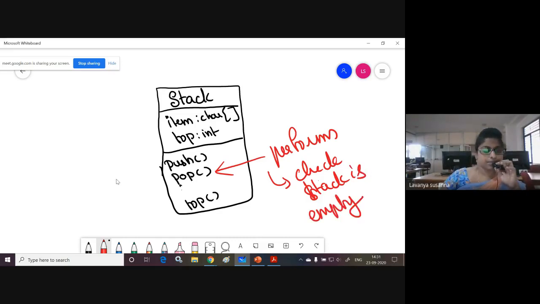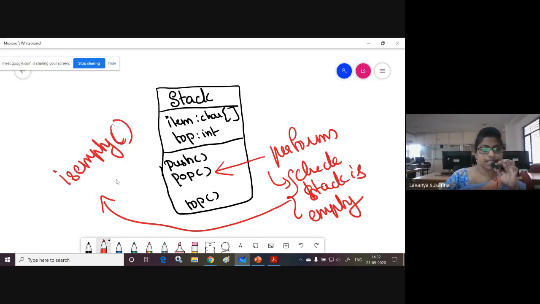So you need to explain all these things in the examination. You need to take the classes. If you want to perform the pop operation, first you need to check whether the stack is empty. In an empty stack you cannot delete any item. So which operation must be there? Is empty. That operation must be there. Without this operation, how can you perform the pop? You cannot perform the pop.